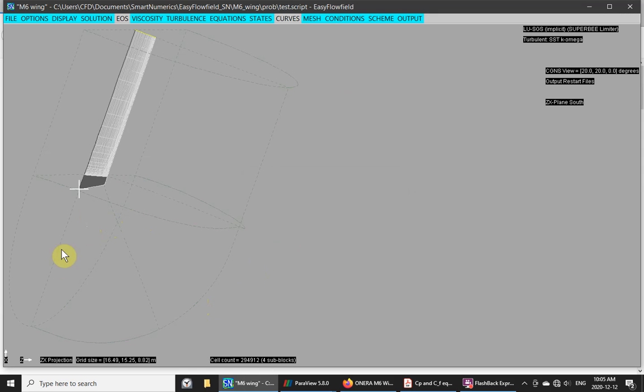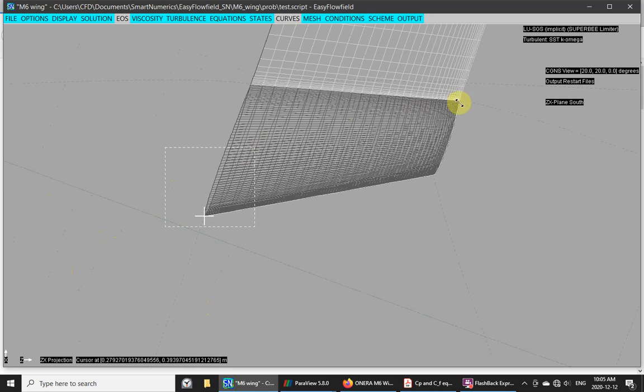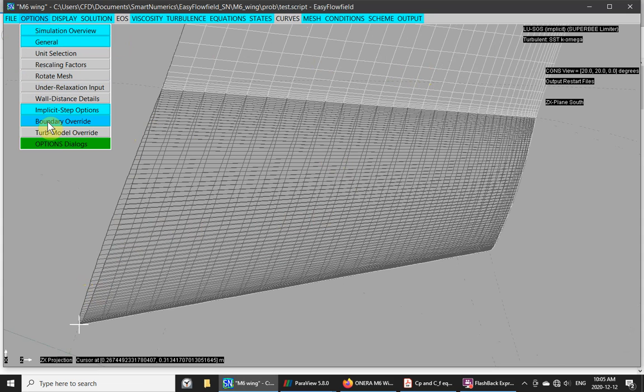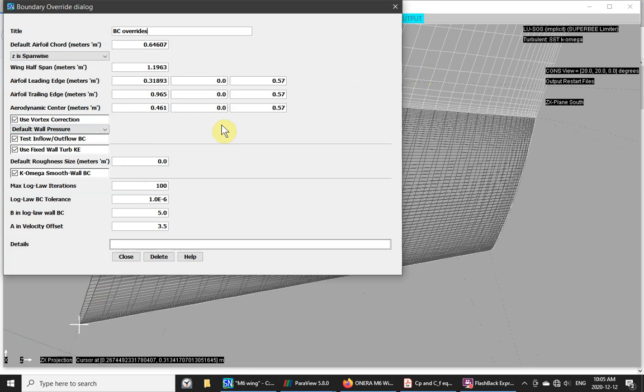Now I'll zoom in to this wing, and you can see that both the bottom and the top of the wing have been modeled in this grid. And since it's an imported grid, you have to specify the boundary, the wing chord and what have you. So in this case I've used the aerodynamic mean chord, which is taken from the experimental model, and